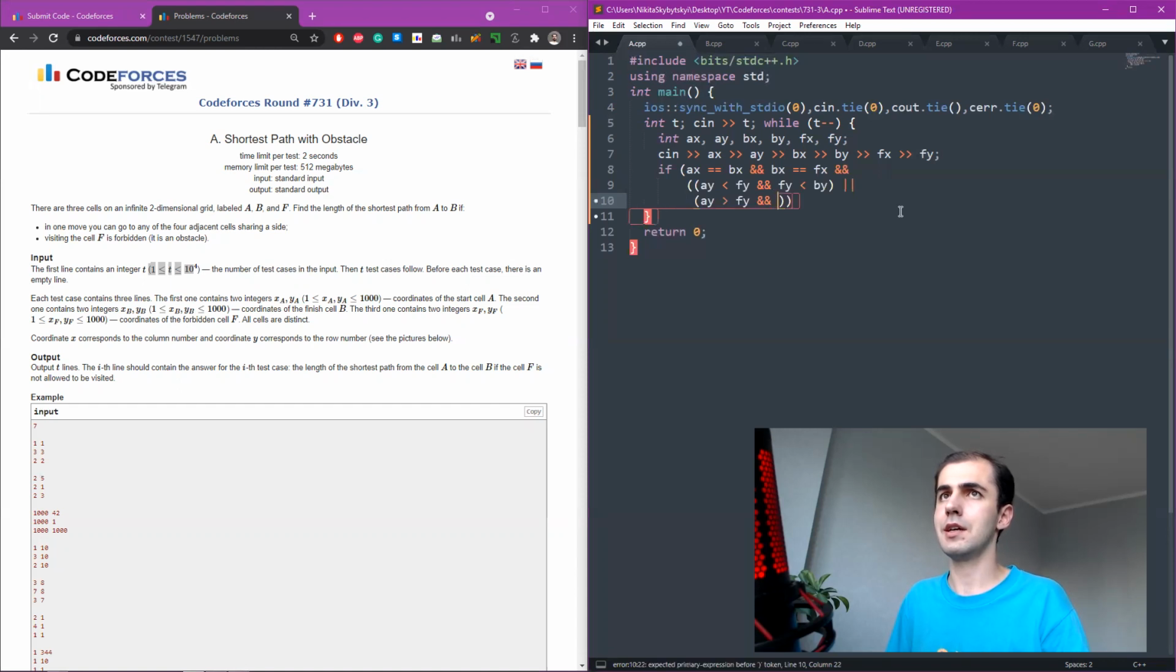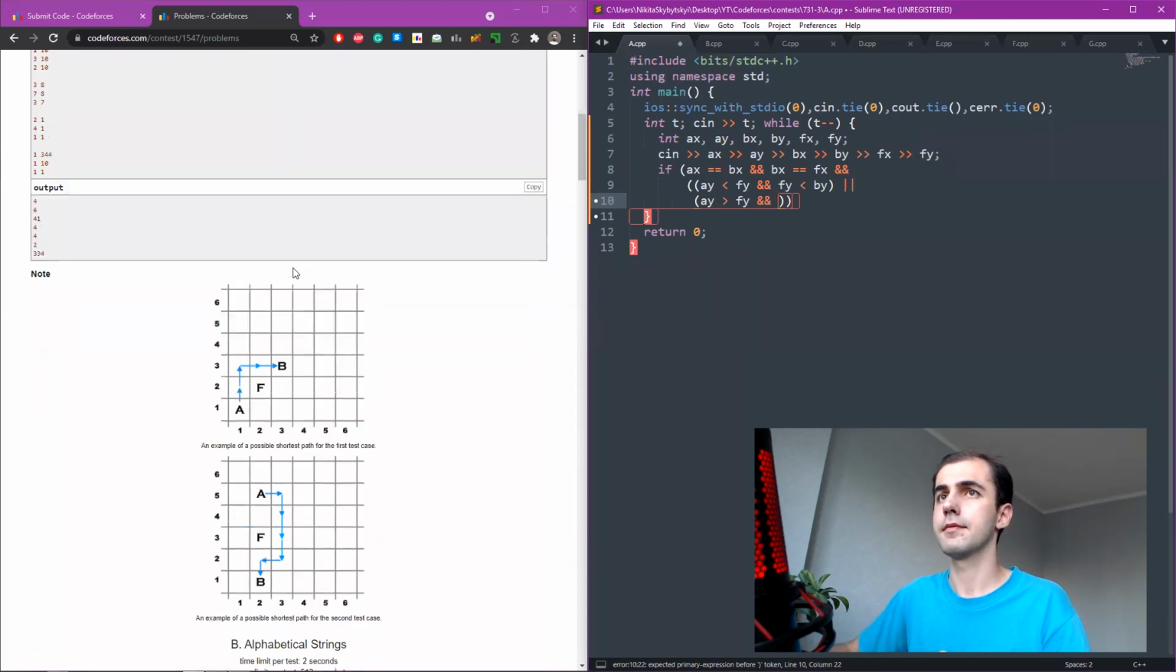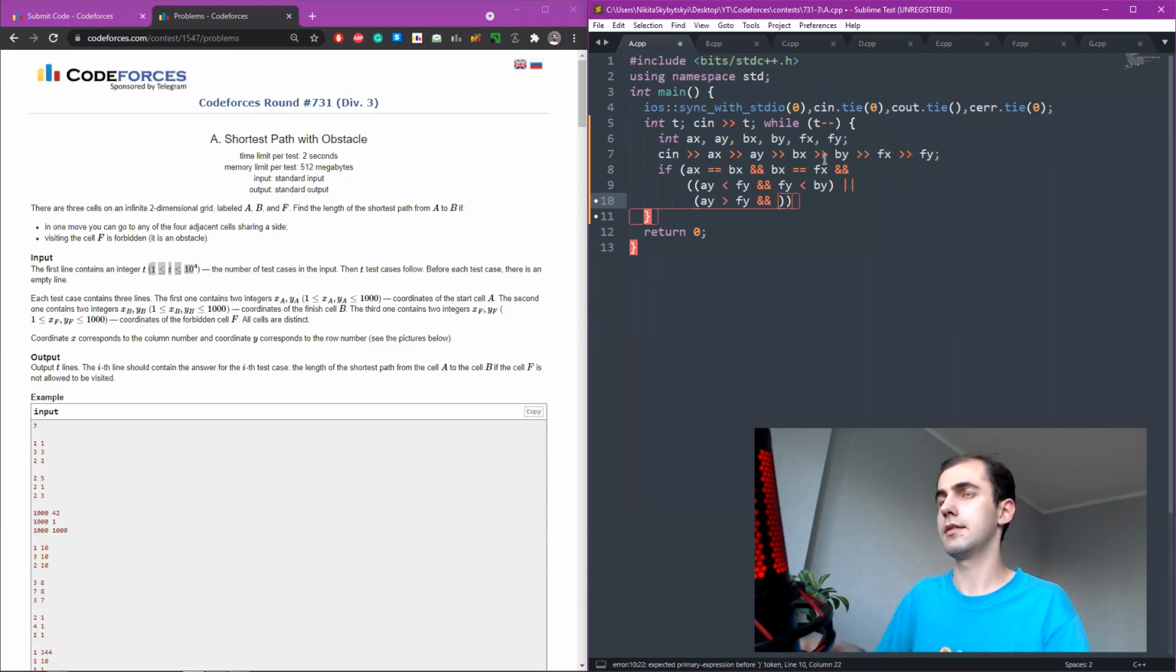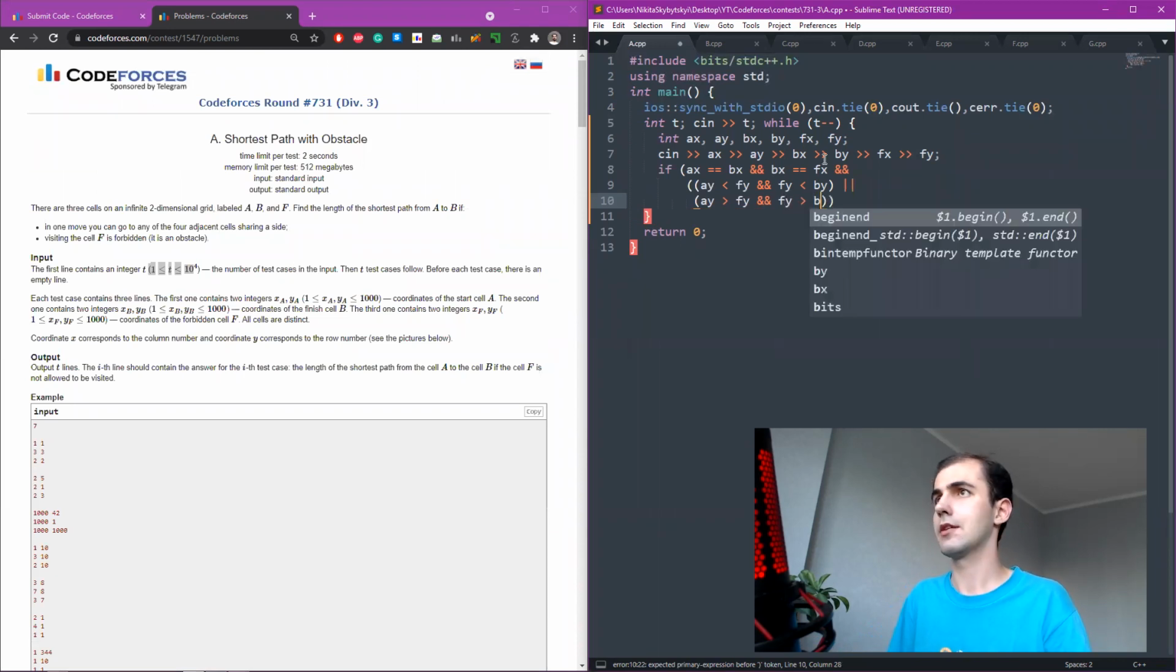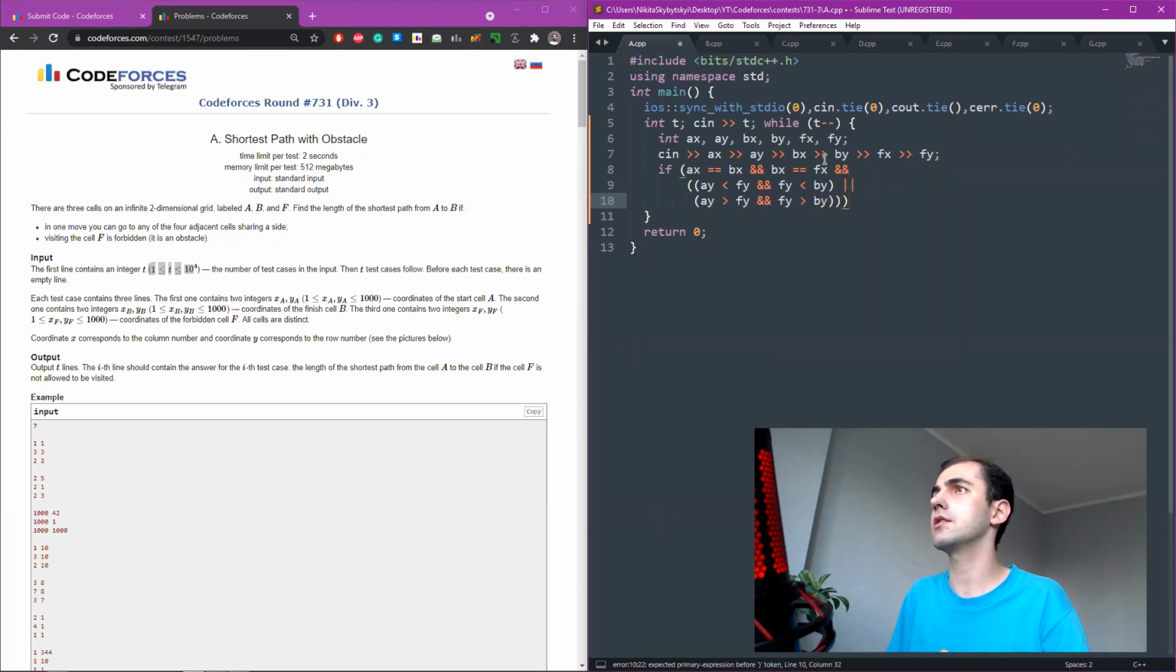Is it guaranteed that A, B, and F are different cells? They don't. However, okay, they don't even tell you if the cells are different. What are we talking about then? Okay,